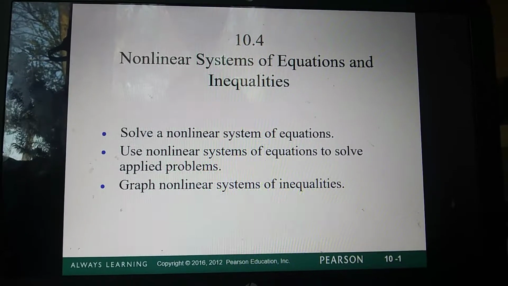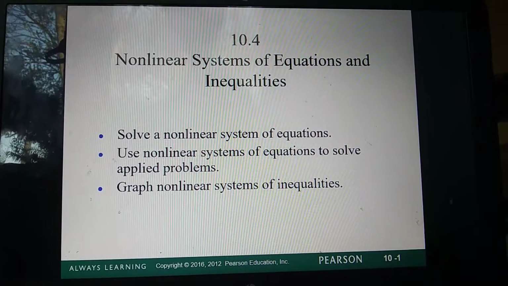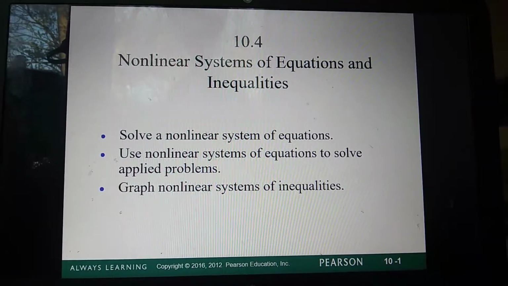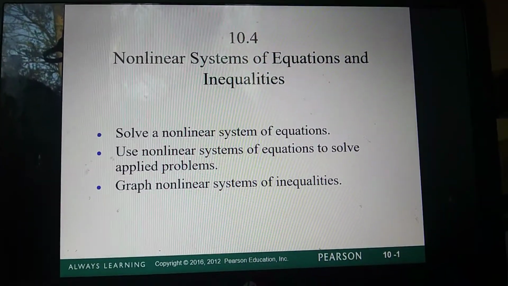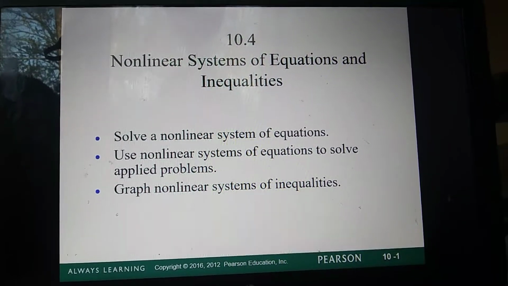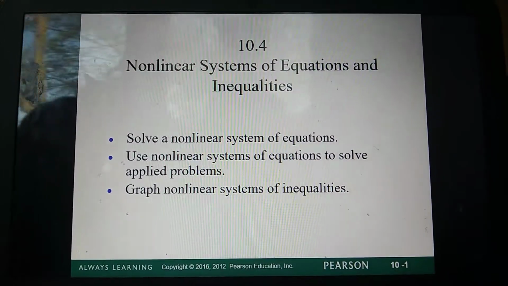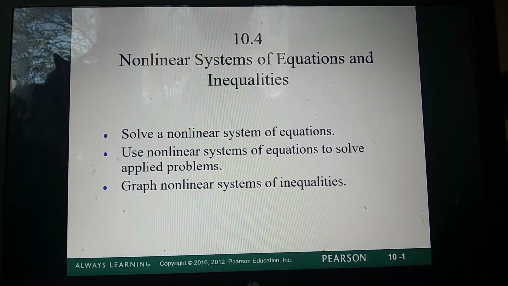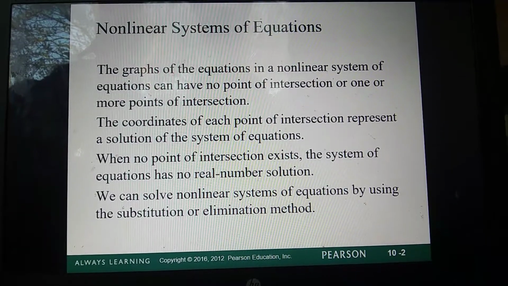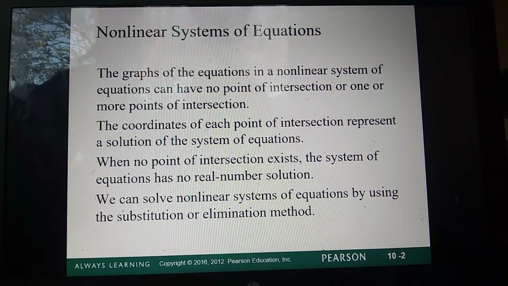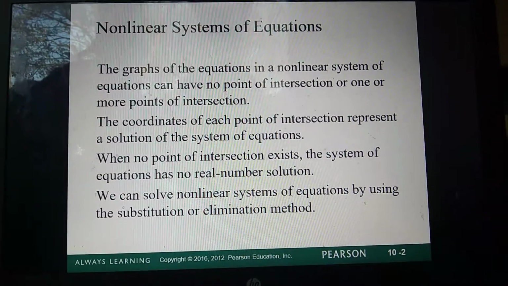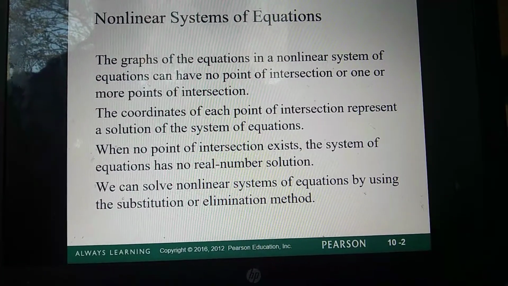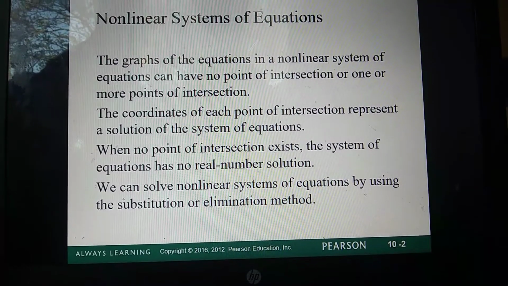Hey guys, this is lesson 10.4 for Academic Challenge Pre-Calculus. We're going to go through this. Some of it's going to seem familiar. This is similar to things we've done before because we've done systems of linear equations, but we have not done systems of nonlinear yet. So just kind of give you an idea, I'm not going to read this verbatim, but we're just